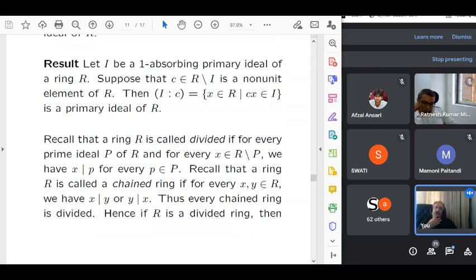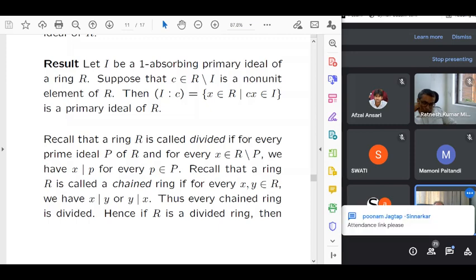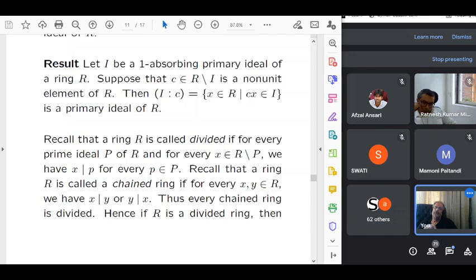Let me remind you of the definition of divided, or what we mean by a prime ideal being divided. Here, in the definition, I gave you the definition of divided in general. If you have a prime ideal and you choose x outside the prime ideal, then x has to be a factor of p for every p in the prime ideal P. In other words, in street language,